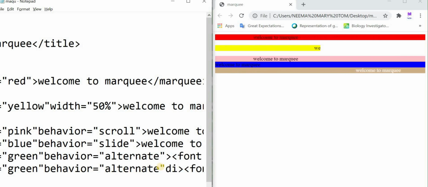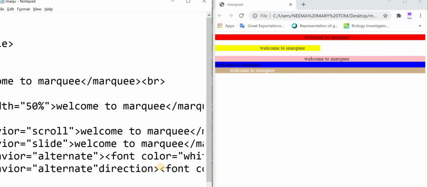We can move that text to left or right or up or down. Direction is equal to, by default direction is from right to left. So by default direction is left, so let's give that left, and let's save the file and refresh the browser.